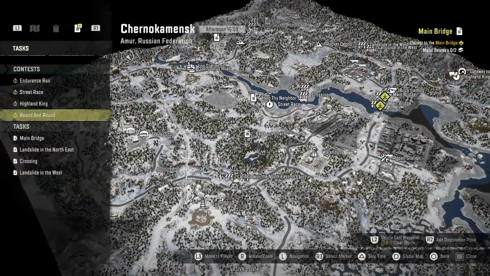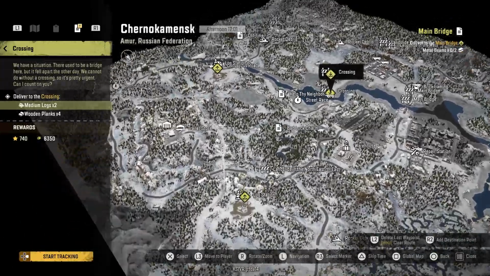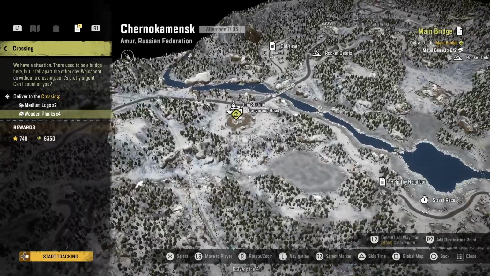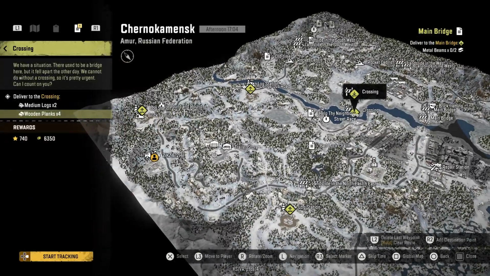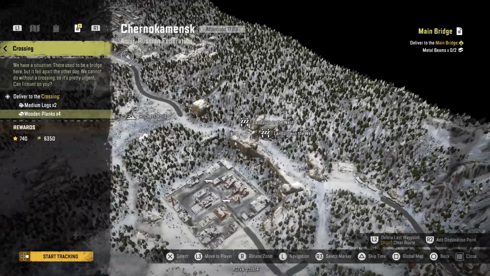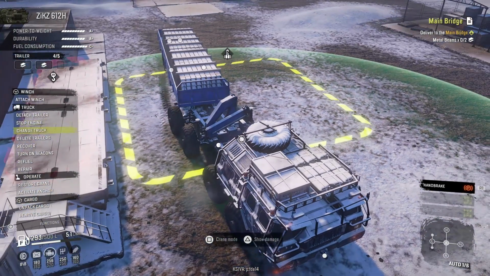What does the crossing need? Crossing needs 2 medium logs and wooden planks. So apparently we can get wooden planks from there as well. Okay. I reckon. Do we even need to do this one? Do you think? Actually, I am gonna do it. So I'll tell you what. Since we got infinite,